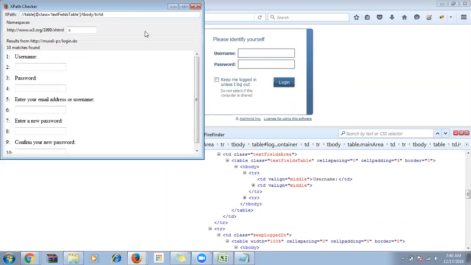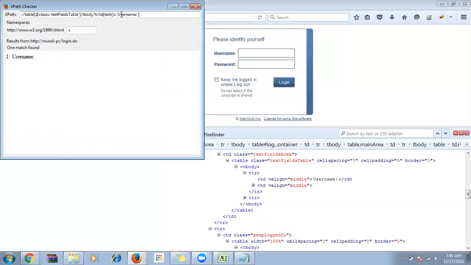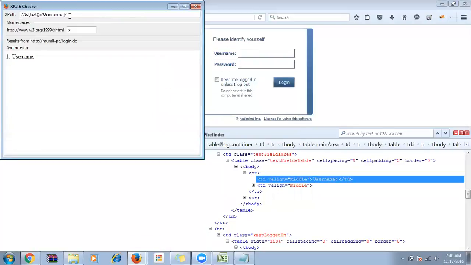So now if I give over here text function is equal to username. Now perfectly 1 match. Then I can directly also give like this, so it's not confusing you. Directly when I give td text equal to username, perfectly this will match for me. Correct? If I give here following-sibling: